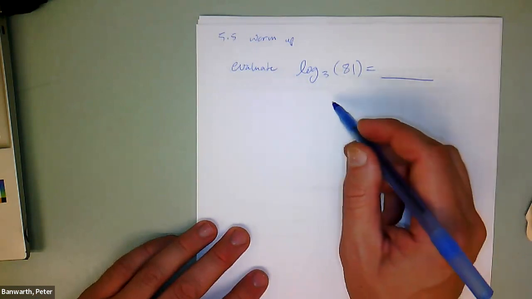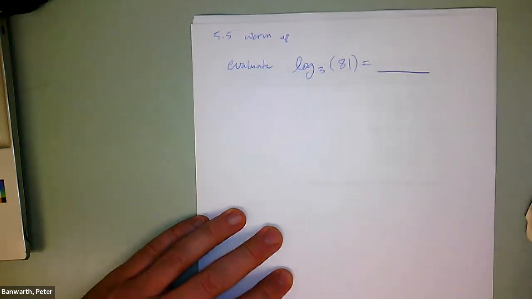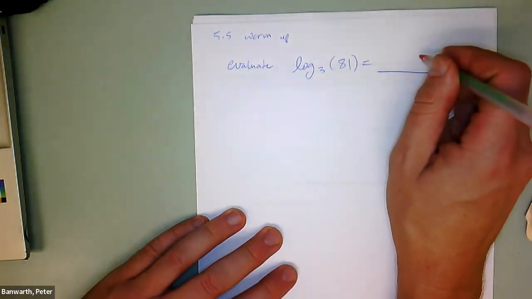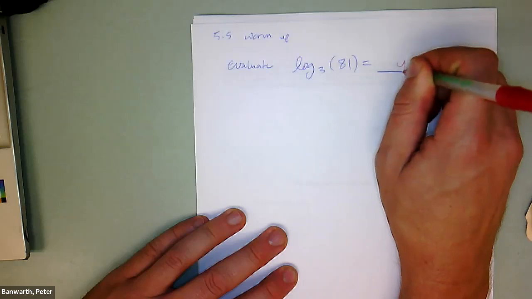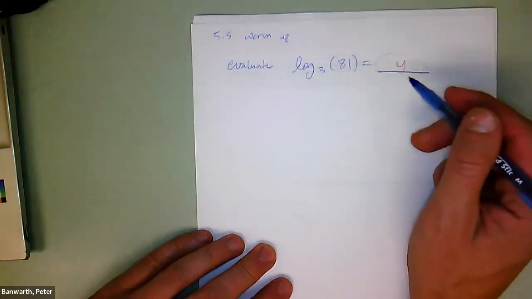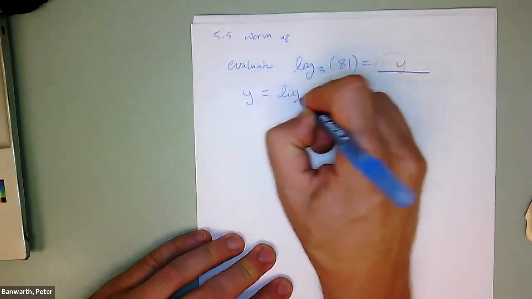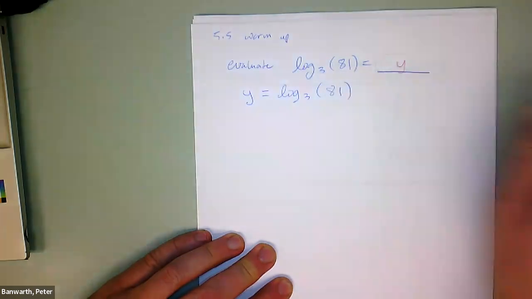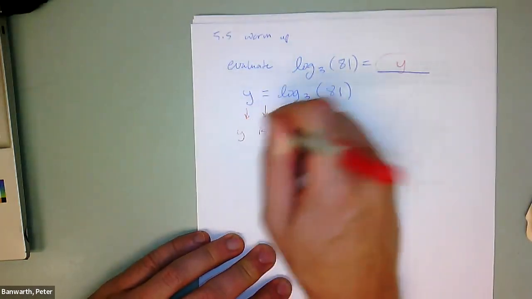I think I showed this earlier, but I'm going to show it again. Let's give this an unknown variable like y. Now I'm going to rewrite this so that I can match it to the words I used. If I have y equals log base 3 of 81, I would write y is